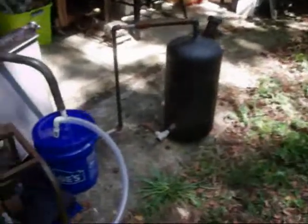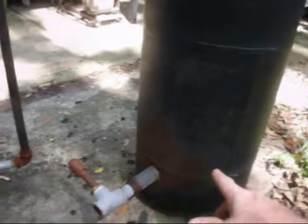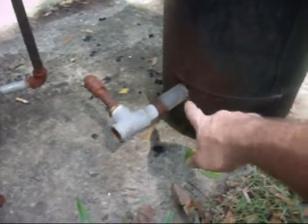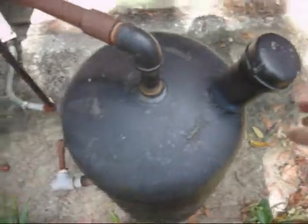And this is nothing. I mean, this is an old, ooh, that's hot. Yeah, this is an old 40 pound or whatever propane tank that I put a hole in the side. This doesn't have to be airtight. I know I've explained this before. This doesn't have to be airtight. This does. I had to weld this pipe nipple on the top right here because all your gases that come